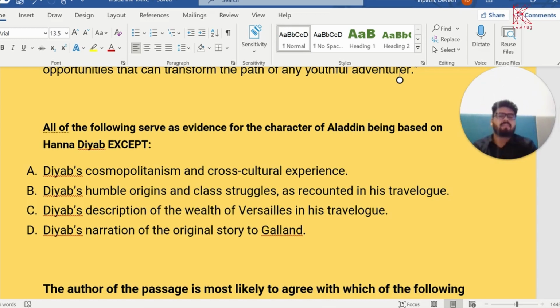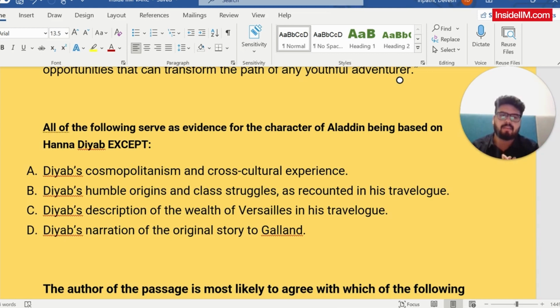So all of the following serves as evidence for the character of Aladdin being based on Hanna Diab, except. So we have seen various things, and let us see how we are going to answer this question. Now, Diab's cosmopolitan and cross-cultural experience. Cosmopolitan means he has seen